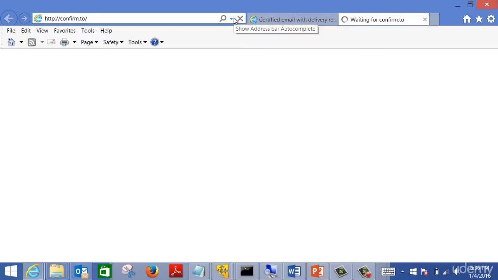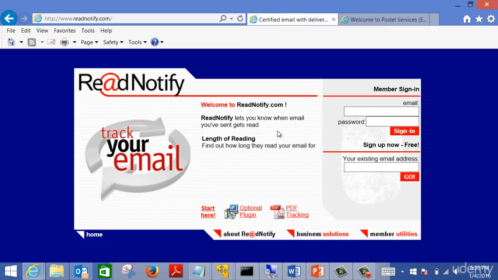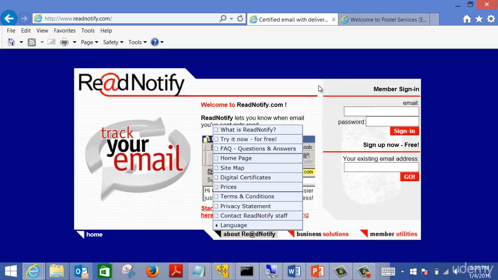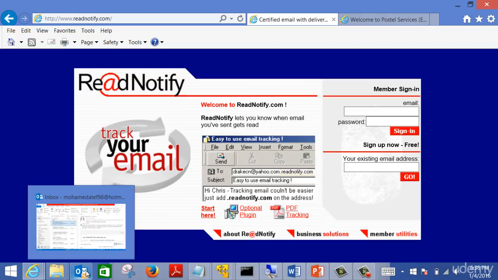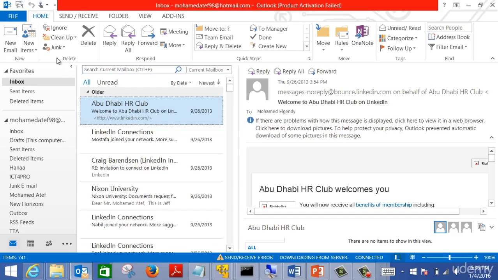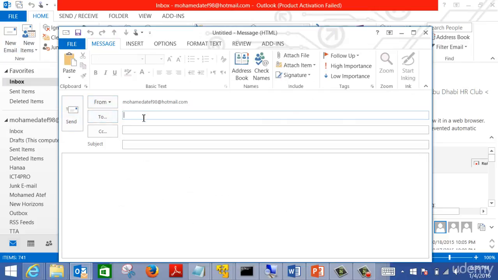Or didtheyreadityet.com. Actually, you're going to find many of them. So what happens is, if you go and create an account on one of those websites, for instance, and then whenever you send someone an email, for instance, let's assume that you are sending me an email. You created an account here. Most of them are free, by the way, or they may give you a couple of months free, something like that. And you go and you try to send me an email after creating an account, and assuming that my